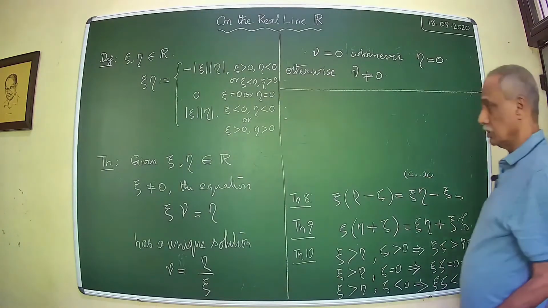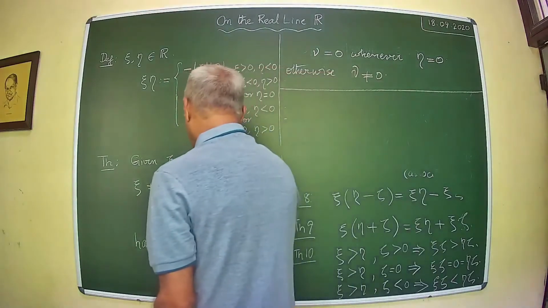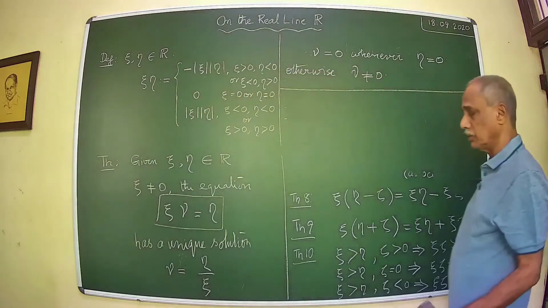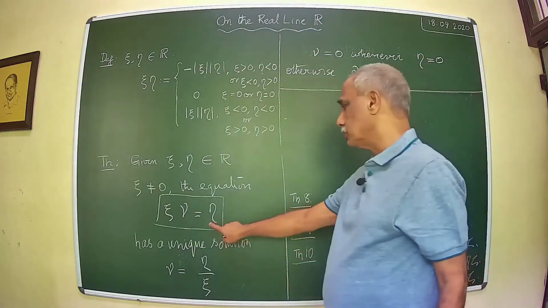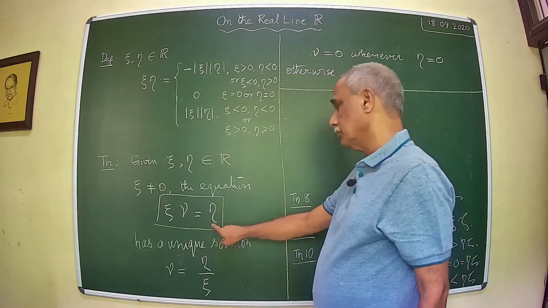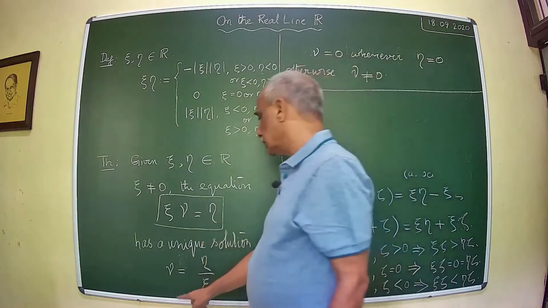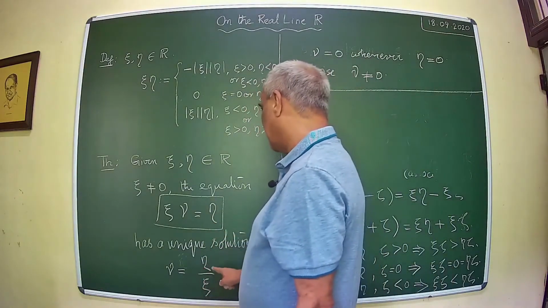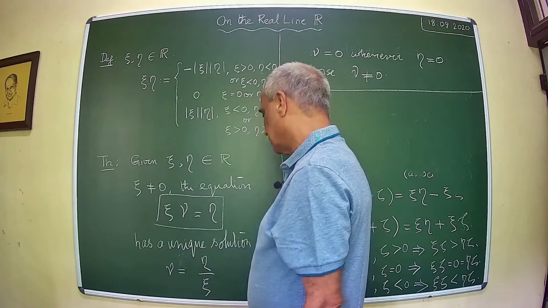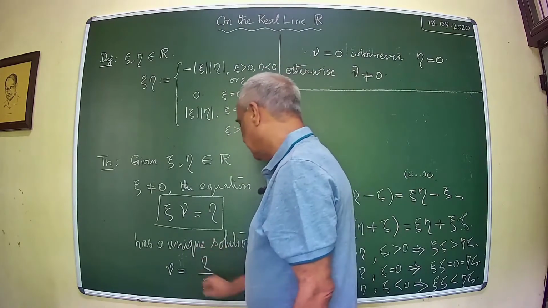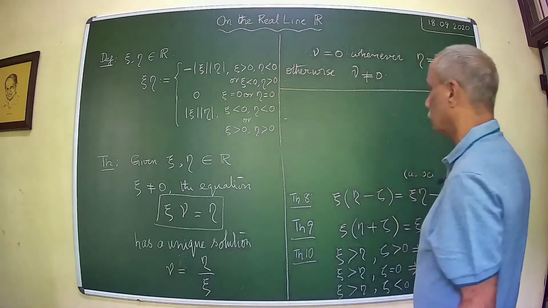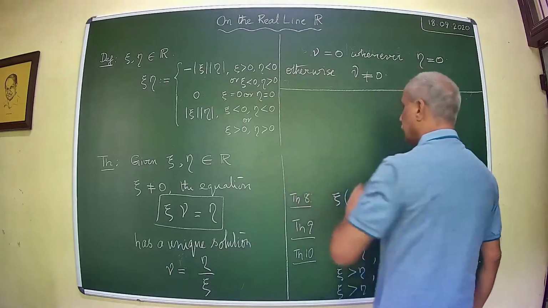Okay, so you have the unknown taken as nu, and psi is assumed to be not equal to 0. Then when eta equal to 0, you get nu equal to 0. When eta is not equal to 0, then nu is, in any case, given by eta divided by psi. Or this is how you designate this. Okay, so you get this is not equal to 0. In particular,